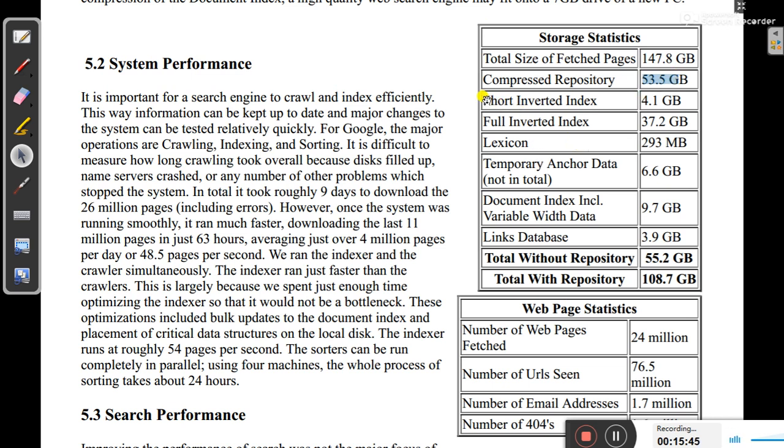Okay, so these are different types of terms. You can go through it. Means different types of servers contain different types of information. Short inverted index is 4.1 GB. This is a technique to store these 147.8 GB. To store this 147.8 GB, we can use 4.1 GB also. For the full inverted index, we need 37.2 GB. Using lexicon, we need 293 MB. So in this way,